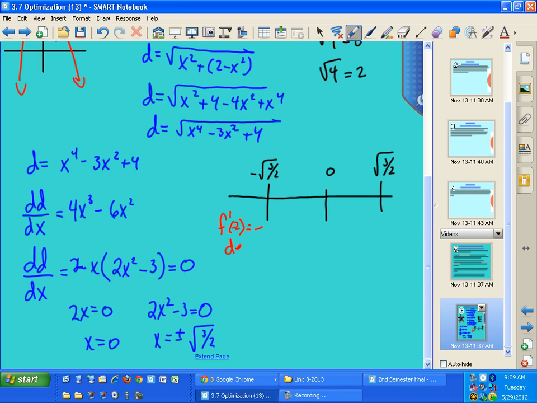And then between negative square root of 3 halves and 0, we could try negative 1. I believe that's between there. But we'll put negative 1 in. Negative 1 means this is negative out here, and negative 1 here would be positive 2, but I'm subtracting 3, so that's negative. A negative and a negative means that we are positive, so we're increasing at negative 1. So then on the other side,